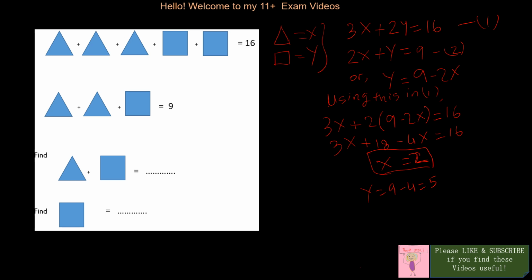2 times 2 is 4, right? So what we get is my triangle equals 2, and y, the square, equals 5. So this will be 2 plus 5 equals 7, and the next one is 5, isn't it? Yeah, I think that's right. The next question is,